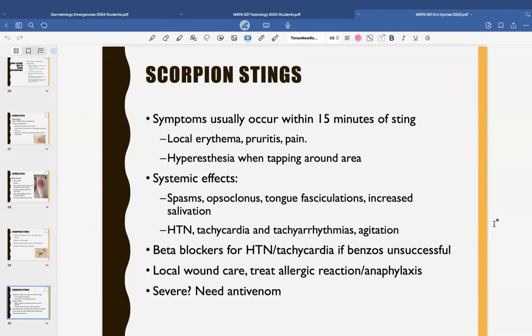You really don't need any labs unless you're not really convinced it is a source of some other systemic issue. If they have hypertension, beta blockers would be best to deal with hypertension and tachycardia. Otherwise, if they're having an allergic reaction, anaphylaxis, local wound care, but if things are getting pretty severe, you might need